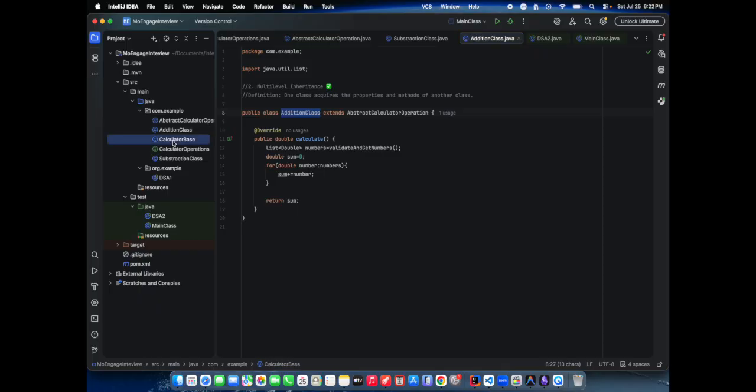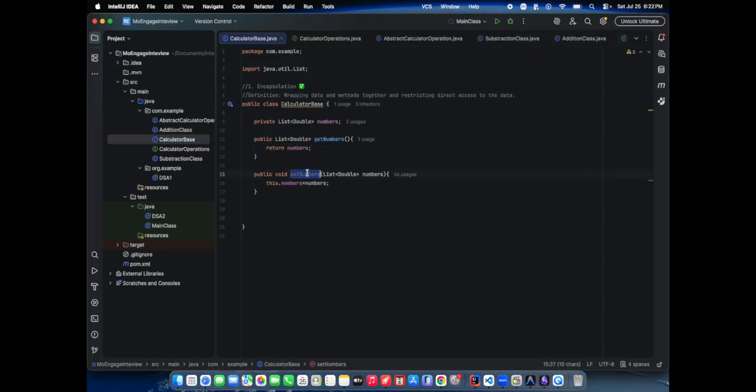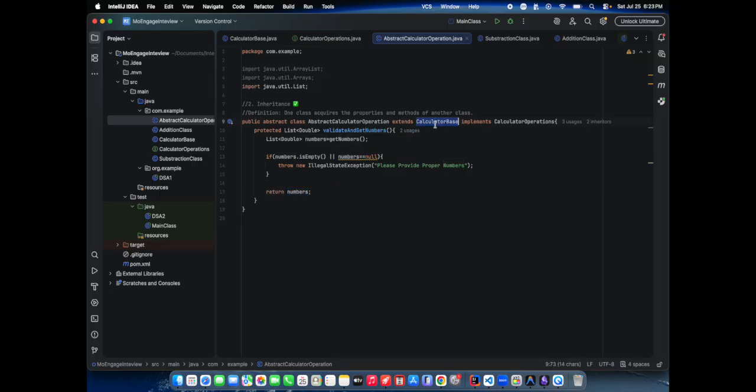And post that, I need to set the number. First I need to set the number. How can I set the number? It is in a calculator base class, and that method is extended by the abstract calculator operation. Here we have implemented this one, so I need to just go from that